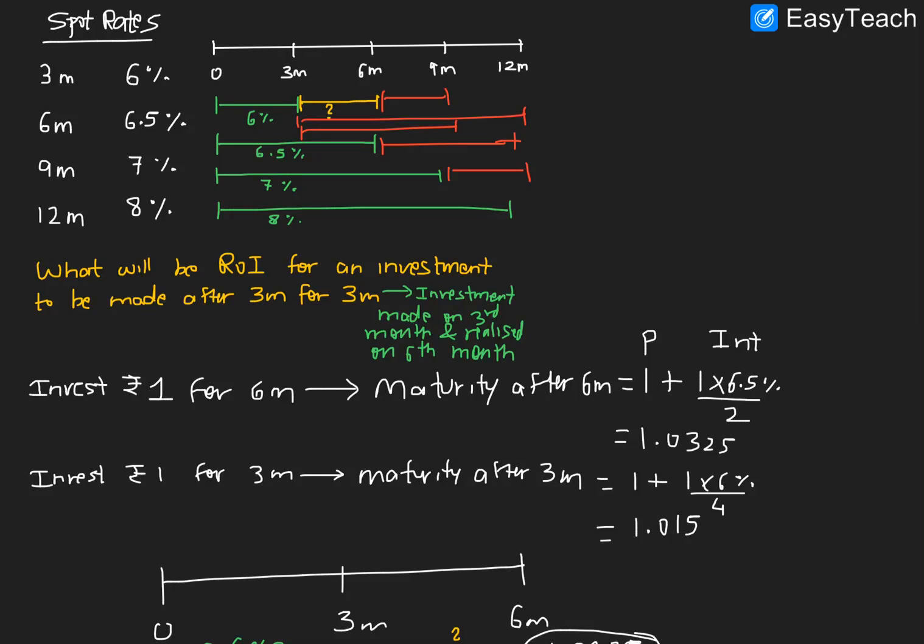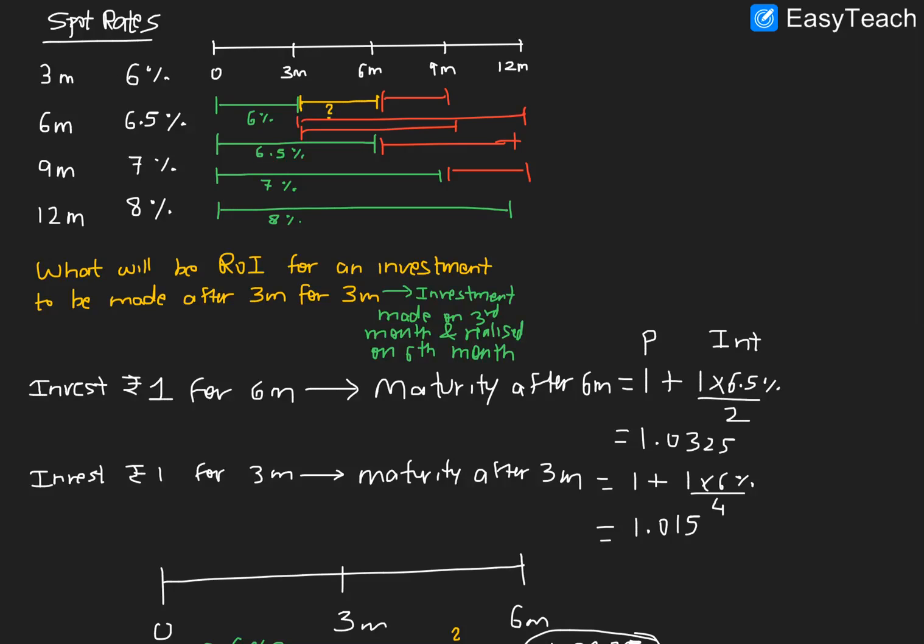I want to repeat again, these forward rates of interest are the rates for a transaction, a loan or a deposit, to be undertaken on a future date and not on the current date. Whatever you can do on the current date is determined on the basis of spot rates. So today if you go to a bank and ask to make a 3-month deposit, the banker will say, okay sir, you will be offered a 6% rate of interest. But if I say I don't want to make the deposit now, I will make it after 3 months for 3 months,